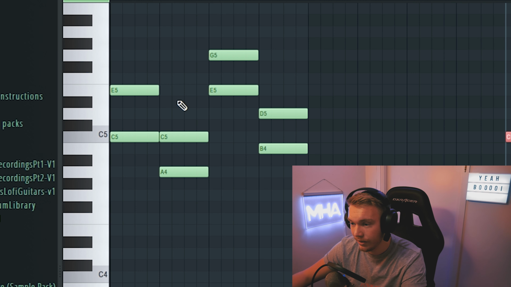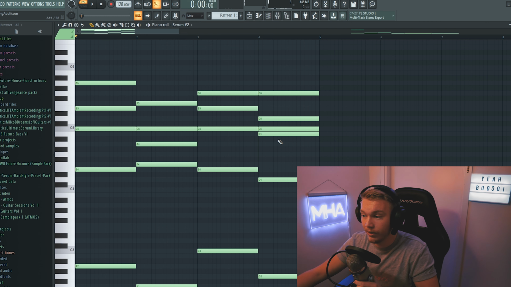For 99% of all chord progressions, unless you're doing something really crazy, as long as you stick within something that sounds like something you've kind of heard before, as long as you stick within those chords, there are a few notes that you can have in every single chord. So for example, we already have the C note here. We could put that there as well. And it's gonna sound like this